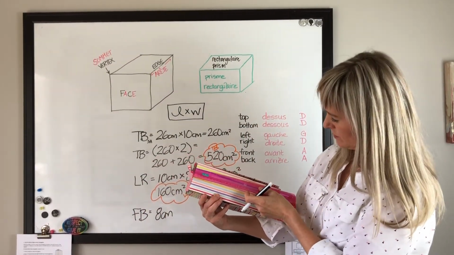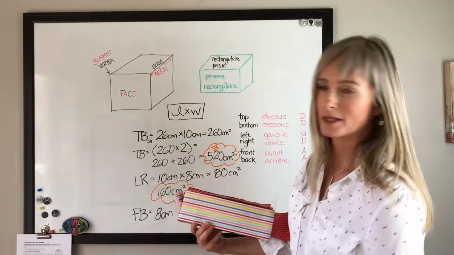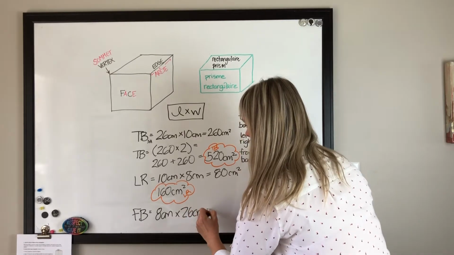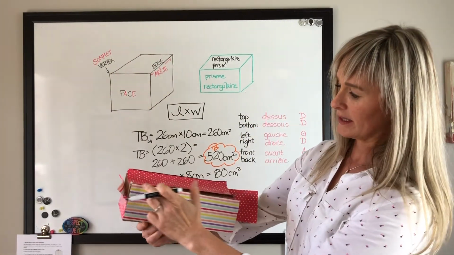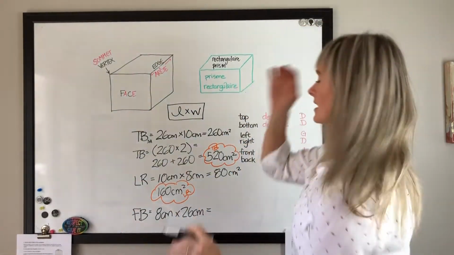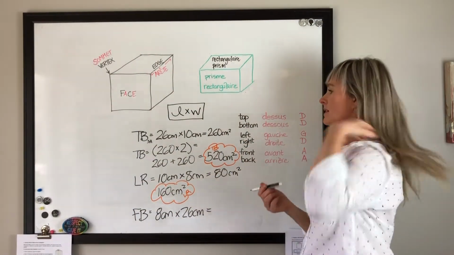Measure it just to be sure. 26 centimeters. It better be 26 centimeters because you have a measurement that is following the exact same edge. So they should be the same. So then you look back and you take your box and your wrapping paper and you say to yourself, okay,